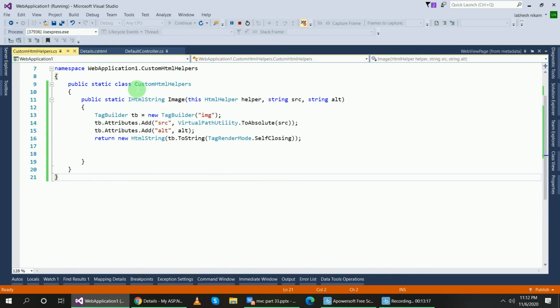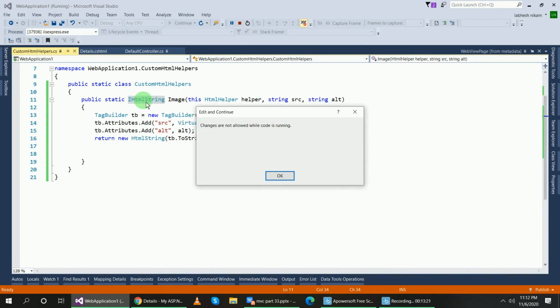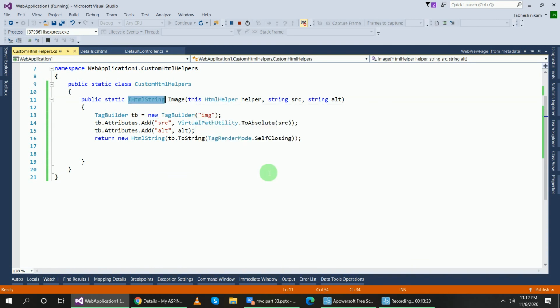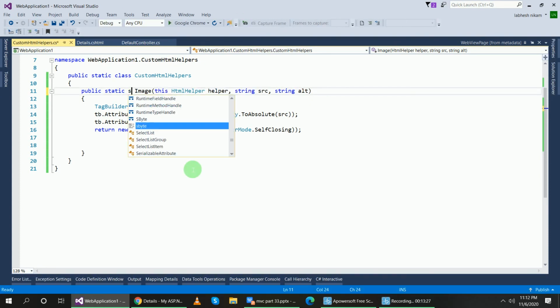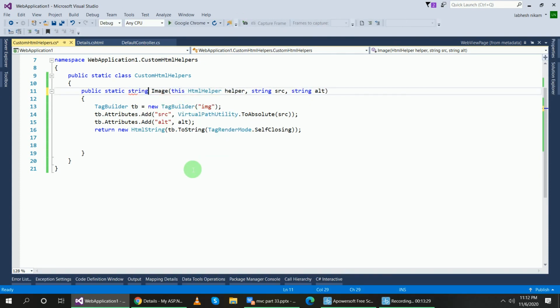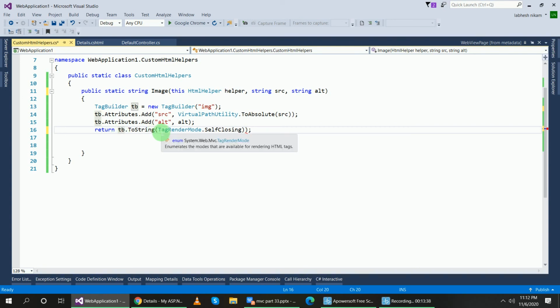Okay, if I use the string, then what happens? Let's check. So string. Stop the debugging and use string, and in place of this I will use tb.ToString and remove this bracket from here, save it.